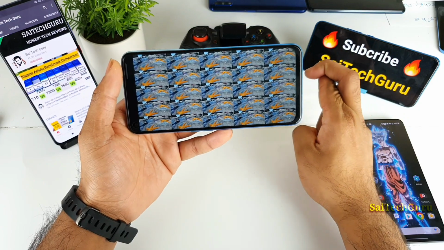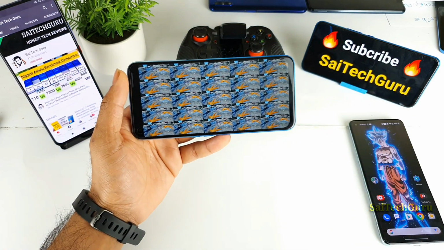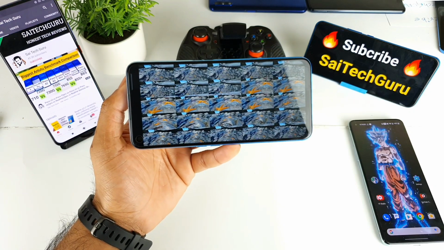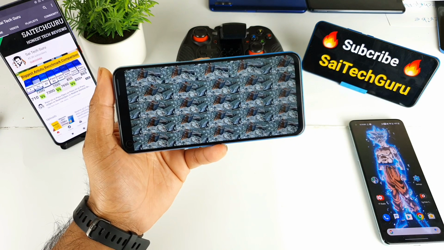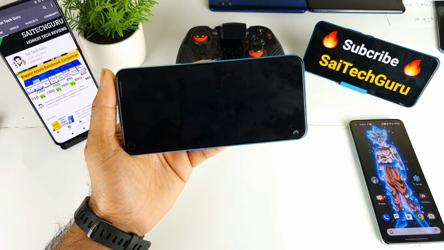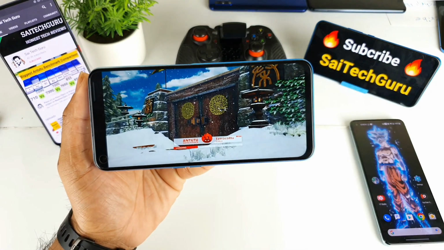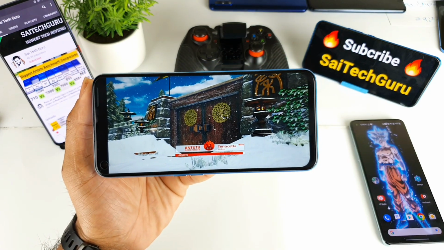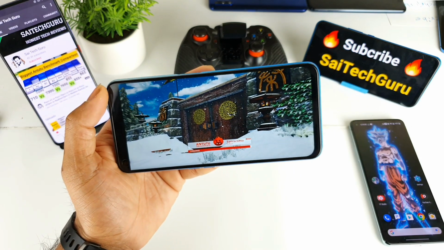I'm very curious to test this comparison on the Realme X7 smartphone and the Q2 device. Every time I'll try to mention both names, Realme X7 or Q2, depending on the name they choose in India. So till now the Antutu benchmark test was completely fine. I did not feel much lag at all while playing this Antutu benchmark test.